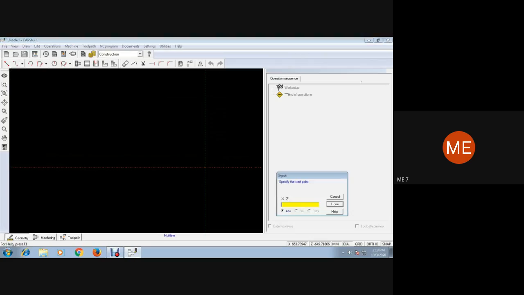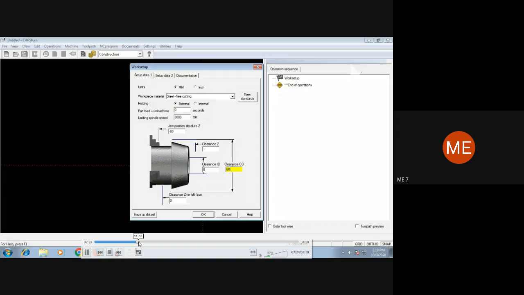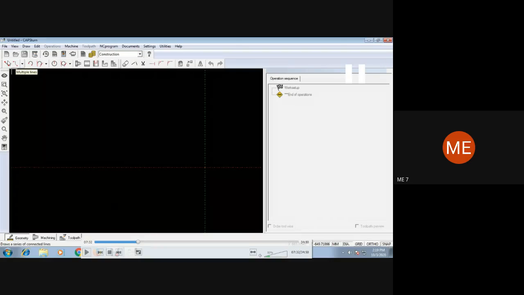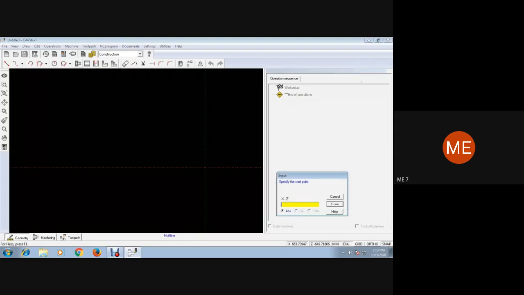Now, if you draw a line, the first option lets you draw only one line at a time, not a continuous line. But the second one will be the multi-line option. Click on that.